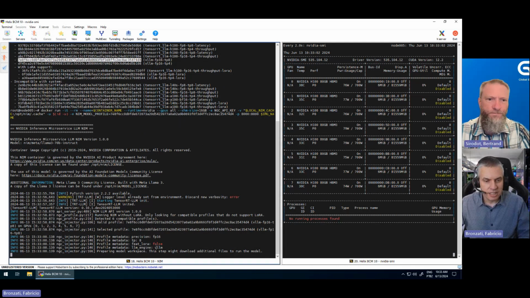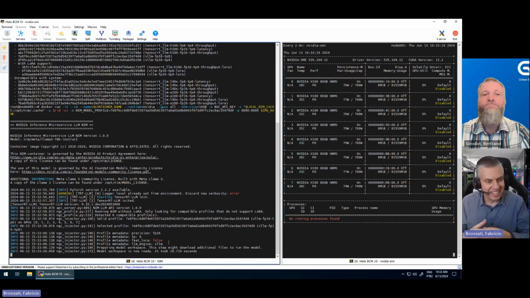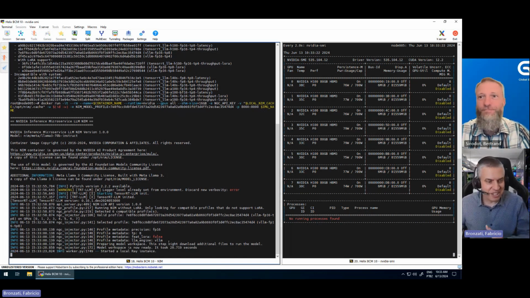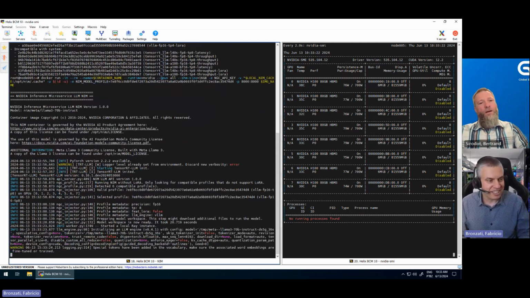As you can see here, it has already detected that vLLM is not TensorRT anymore. It's FP16, not FP8 as the previous version, and it will do the same thing. And the way to test it will be the same because the API is the same. So I can submit the same request using vLLM instead of TensorRT.